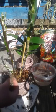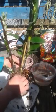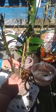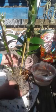You can replace. You don't even have to use this if you don't want to. I find that it holds the moisture in better and keeps the plant healthier. This Spanish moss here, I'm going to use it not to completely cover up the canes, the new canes, but